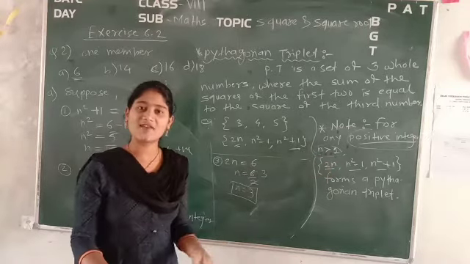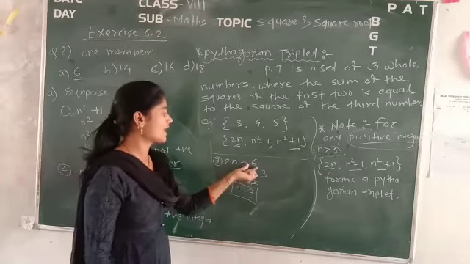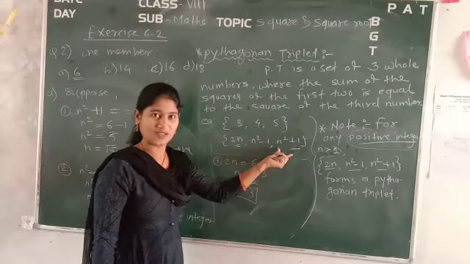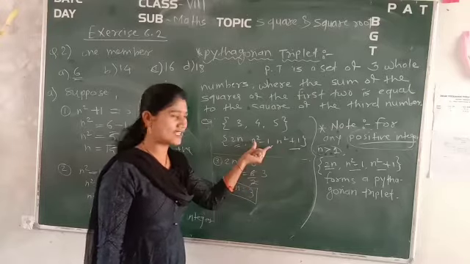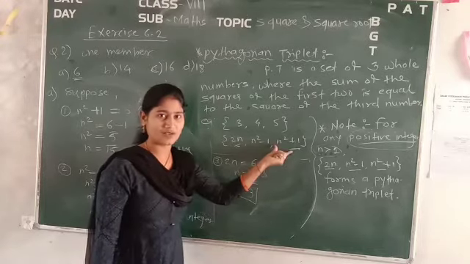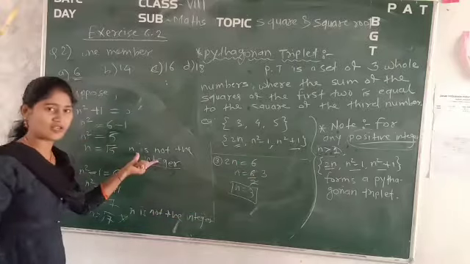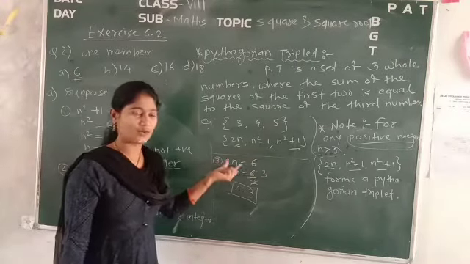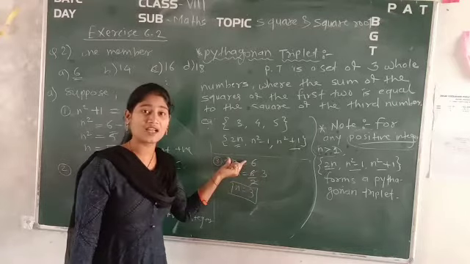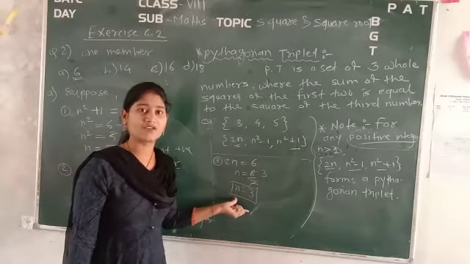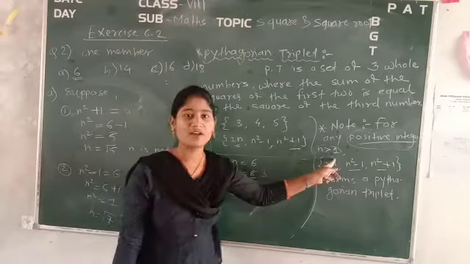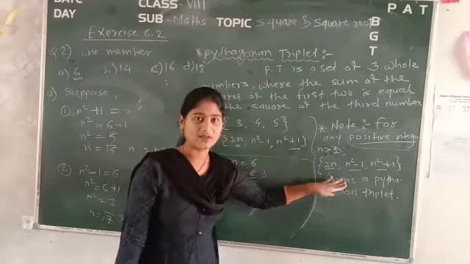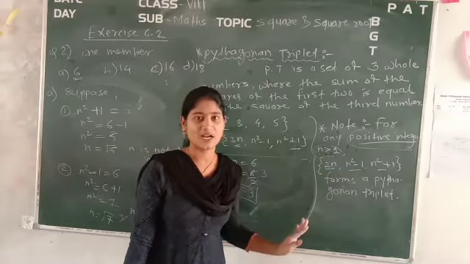Obviously 3 is greater than 1. It means the value of 6 belongs to the first place only, not the second and third position. Got it? That is why we are not taking n square minus 1 as this member, or n square plus 1 as this member, because we are not getting a positive integer. That's why we have taken 2n equal to 6, because we get this integer n, which is positive and greater than 1. That's why the condition is satisfied according to the triplet. Okay, that's why it will now form the Pythagorean triplet.